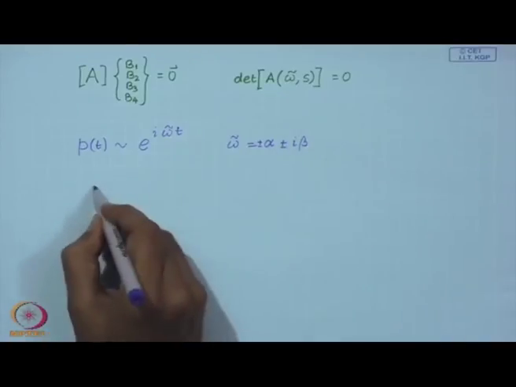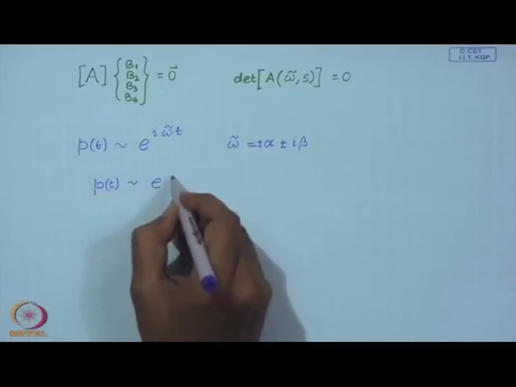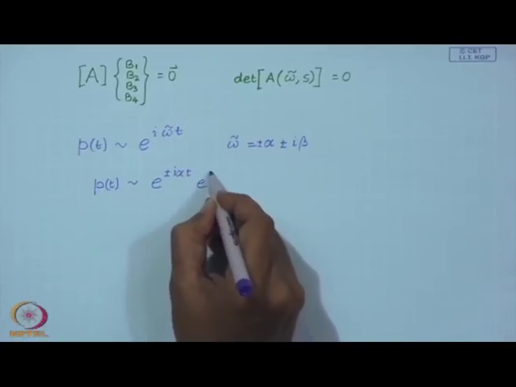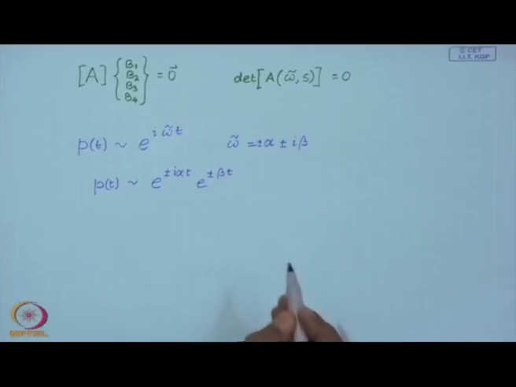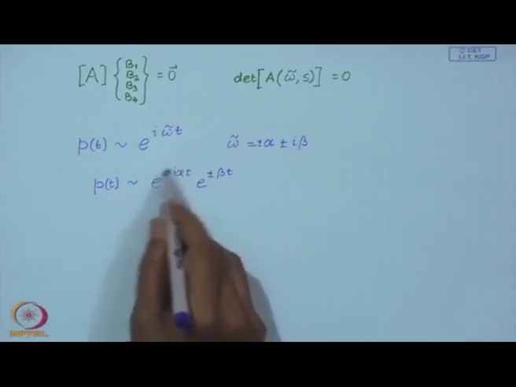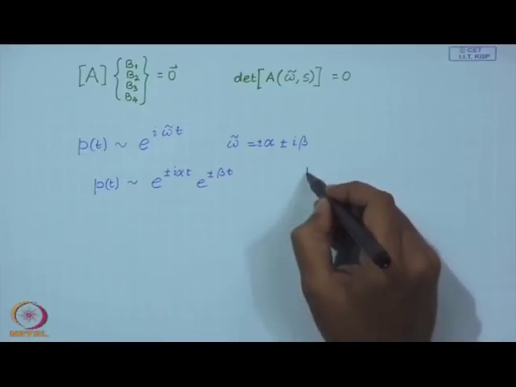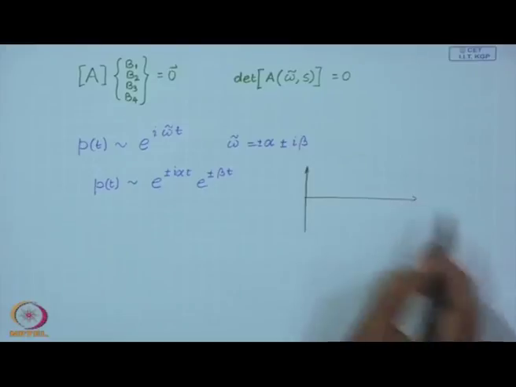If you consider this solution, then you have solutions like this. So, you have an exponential term along with a fluctuating component, which means the solution will look like